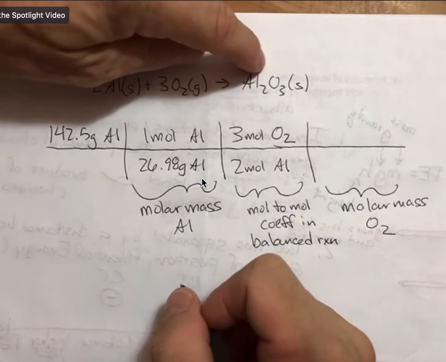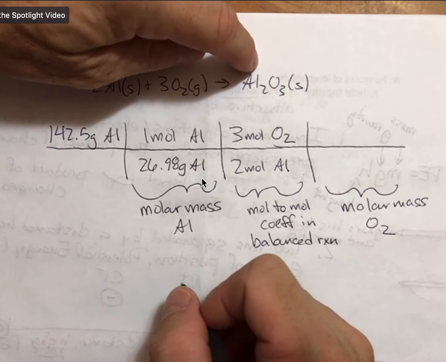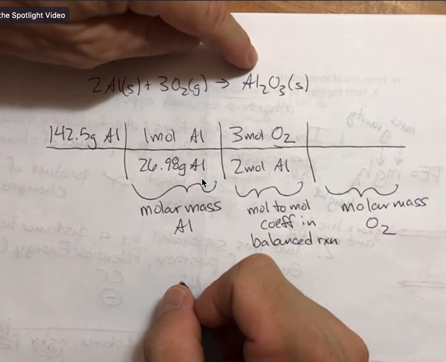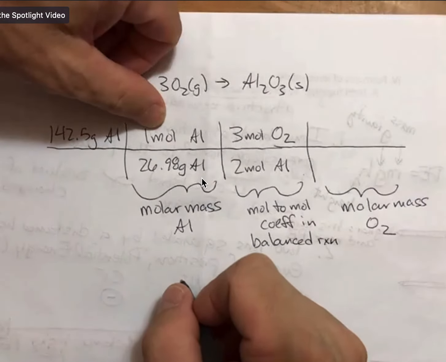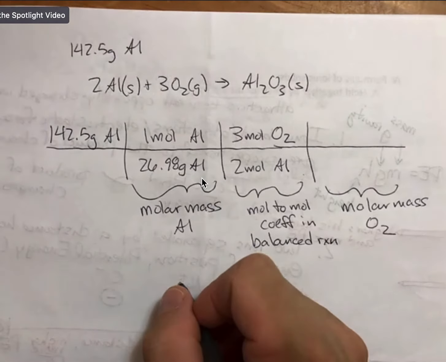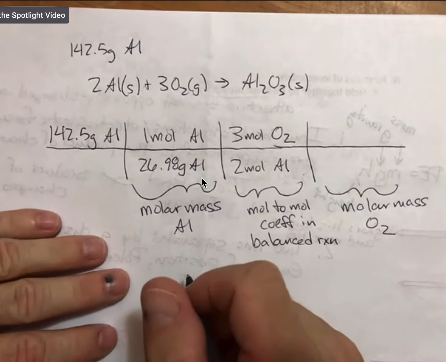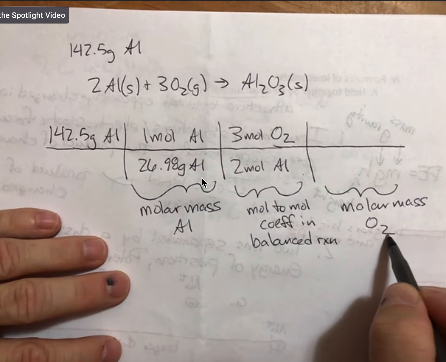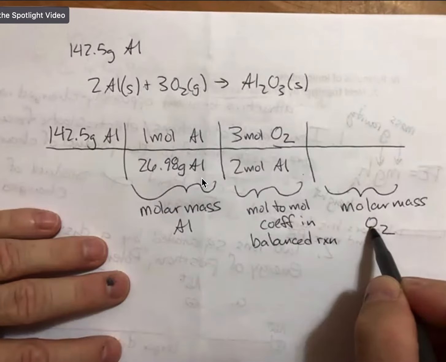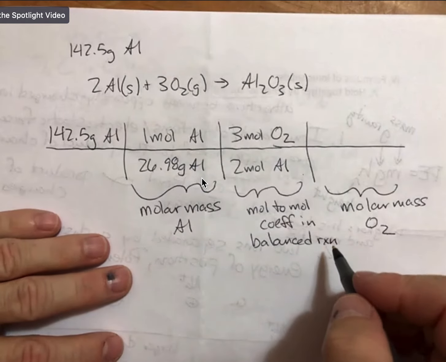And I don't even need my aluminum oxide in this problem. There are other similar problems where I will do what's called stoichiometry, and these are called stoichiometry calculations, which is basically chemistry calculations. Over here, the molar mass has to be for 2 oxygens, and it's going to be 32.00